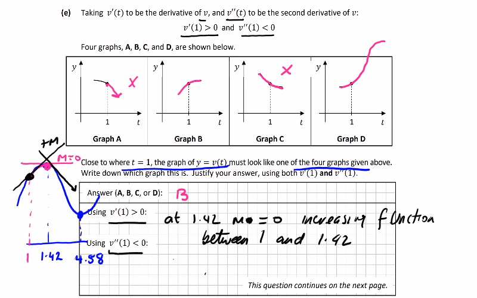So that's why v double prime t is less than 0: positive slope going in, negative slope after. I'll just write that, negative slope after t is equal to 1.42, or you could add in decreasing function between 1.42 and 4.58. And then if we differentiate it again,